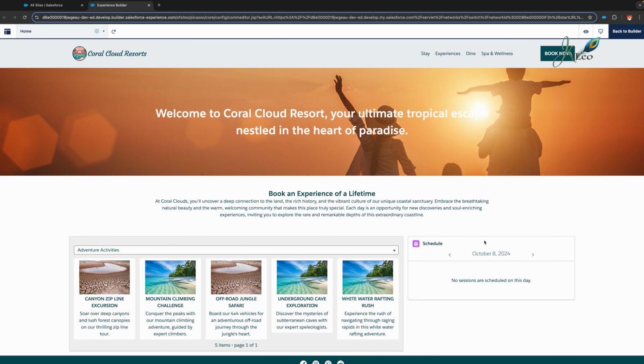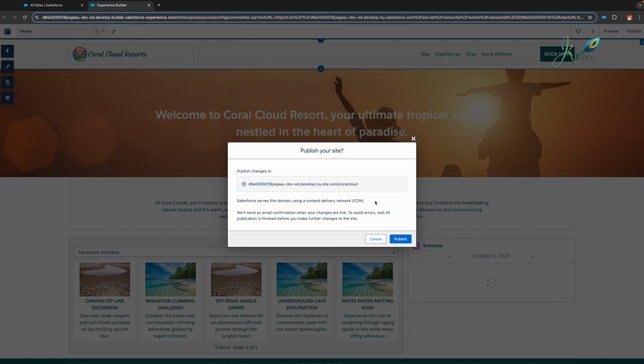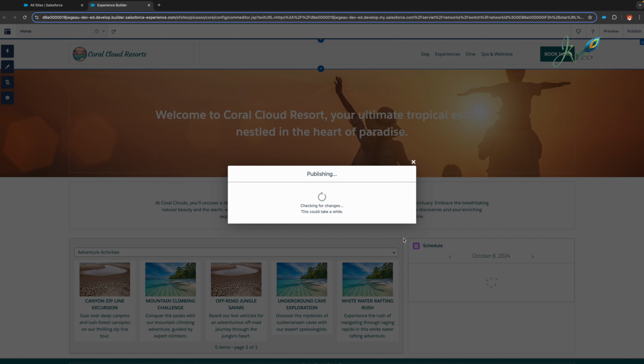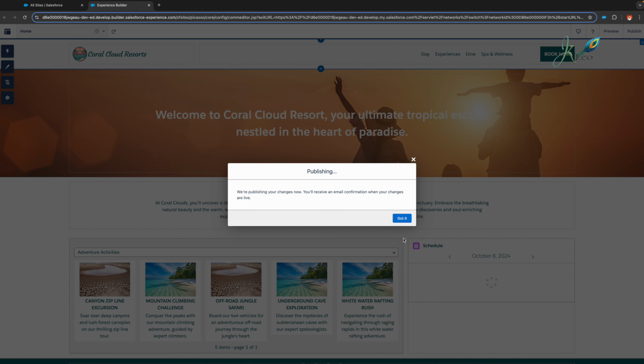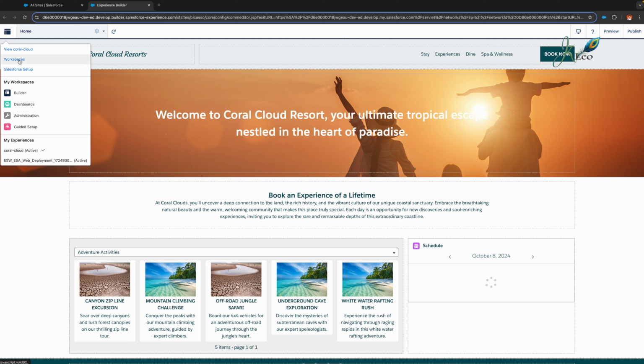This is how the preview looks, but right now we're not really gonna explore, just playing around. Click on publish, and click on publish again, and click on got it, and it will take some time to publish. Yeah, here it goes. Click on got it, and click the experience builder menu on the top left, and click Salesforce setup, which is at the very top, third option,